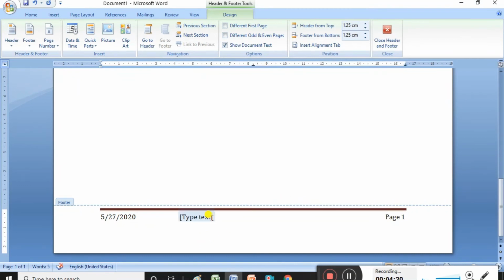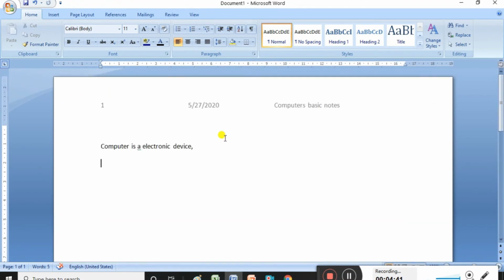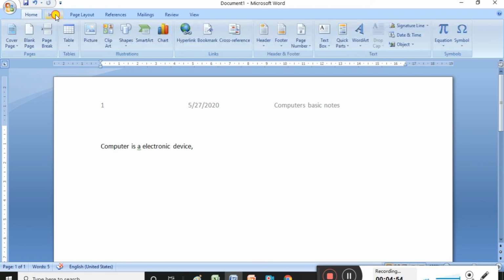Now I am inserting a title here. Whatever title you want, it is possible to insert here. Page number is also possible to insert, and we have already inserted it. If you want to close the footer, you can click the Close Footer button. Now our footer is closed. See, it is closed, but the names are displayed. Once we close this file and open it after one month, it clearly displays on which date we created it, what our page number is, and what information we have. So it is easy to remember. For that purpose we are using header and footer.